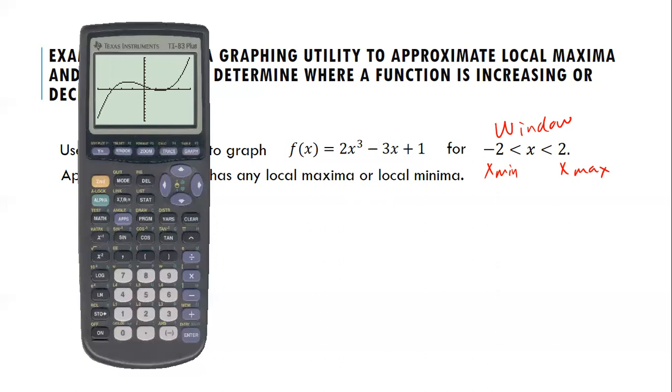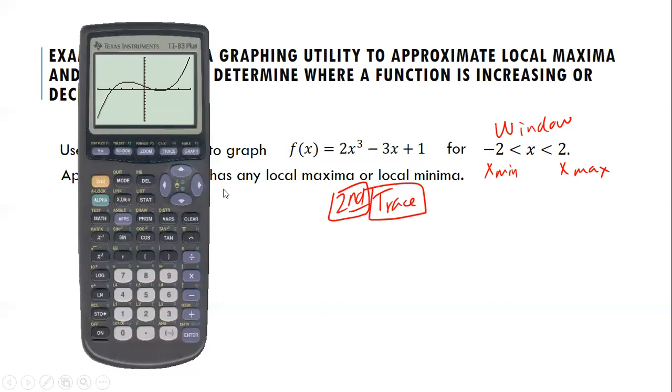Okay, so once you're here and you want to identify your local maximum and local minimum, when I look here, I can clearly see that at some point it increases, then it decreases, then it increases, right? These values are really small to find, so how do I find them? We use what's called second trace. So to find our local max and min, we're going to press second trace. So it's the second button followed by the